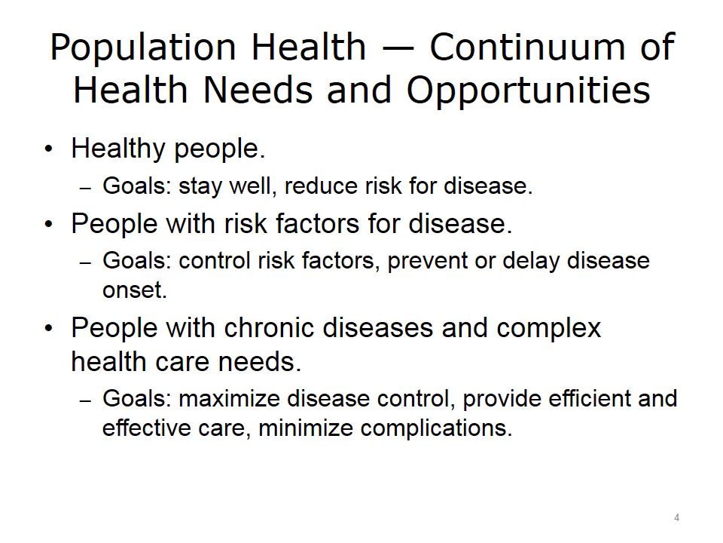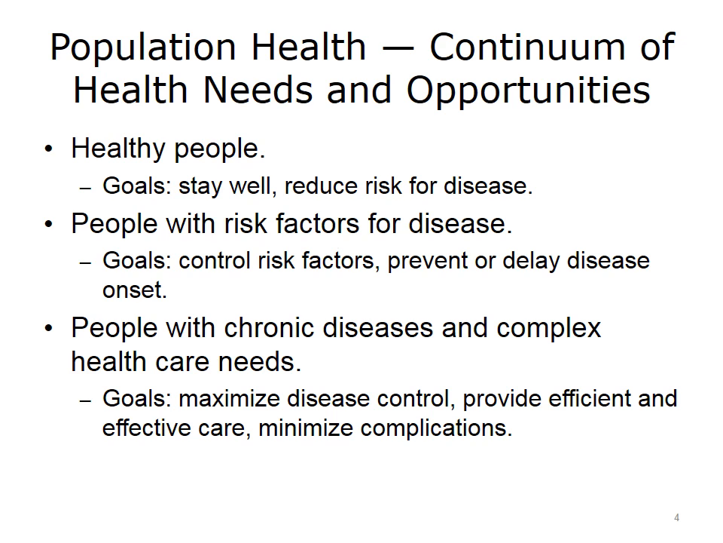There are, though, portions of the population with risk factors for disease. With this different model of care, the goal in this segment of the population is to help control risk factors to prevent and delay disease onset. And then, of course, there are those in the population who have already contracted chronic diseases or have complex healthcare needs. The goals in this portion of the population are to maximize disease control, provide efficient and effective care,